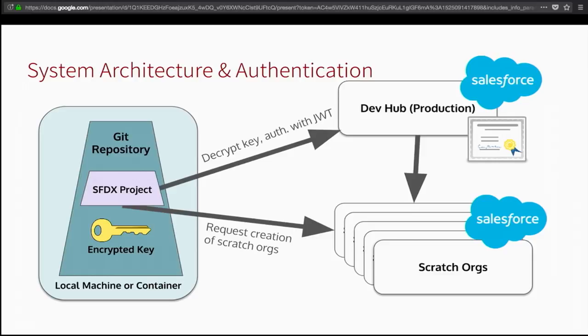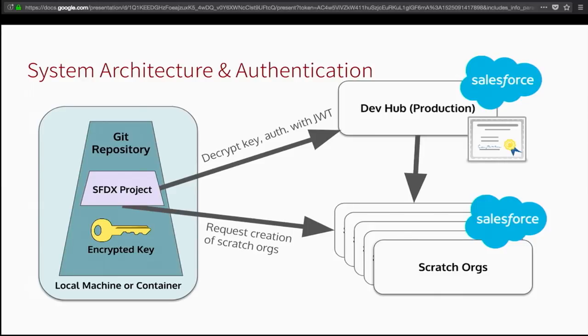The next thing we're going to do is set up our system architecture and enable authentication between our continuous integration provider and Salesforce. And this is a big, complex topic, but you may be wondering how exactly this magic cloud server that's going to pull all of your code and run tests and do a bunch of things, how's it going to talk to your Salesforce org behind the scenes with no human intervention? Well, the way we're going to get that set up is using an OAuth flow called JWT that doesn't require any human intervention. And it's a kind of two-factor authentication. You can think of it that way, which is often described as being something you have and something that you know.